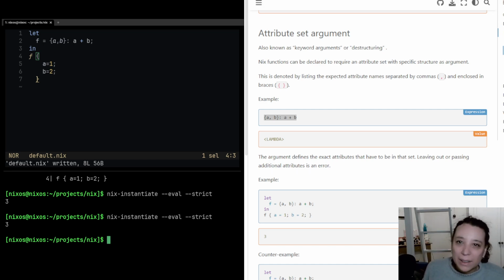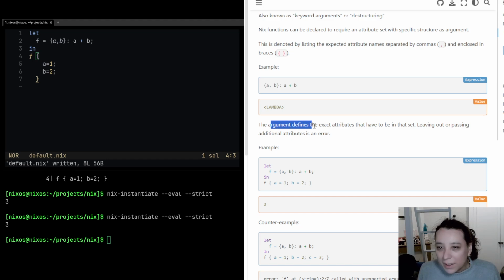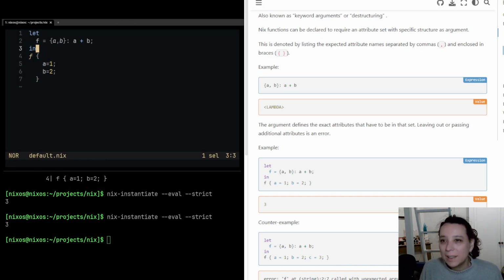All right, so here we go. Let's go back to the documentation. The argument defines the exact attributes that have to be in that set. Leaving out or passing additional attributes is an error. Okay, so this is exactly what we typed. And that worked. And let's go ahead and try to not pass in something. Yeah, that's pretty obvious, right? Like, if I don't pass in a b,